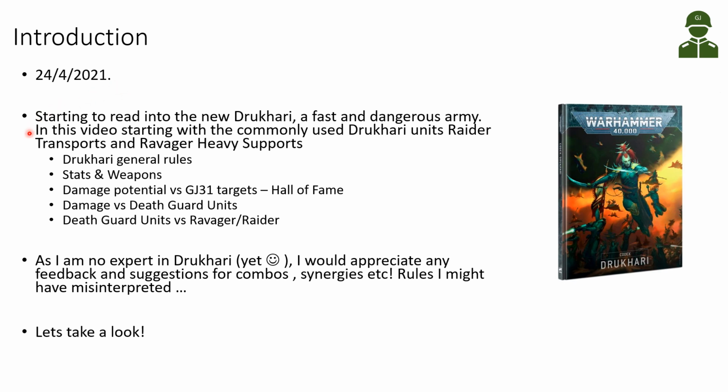But going to the topic of this video, I have been with the release of the new codex for Drukhari. I've been starting to read into this. And Drukhari seem to be a fast and dangerous army, quite opposite to Death Guard, and with some tools that can be quite anti-Death Guard, like poison weapons and so on. In this video, I'm starting the review with the commonly used Drukhari units, the Raider transports and the Ravager heavy